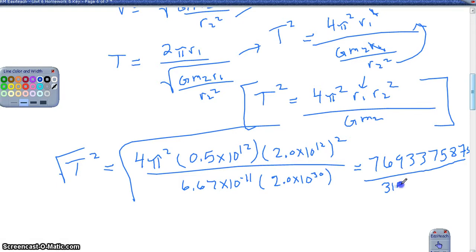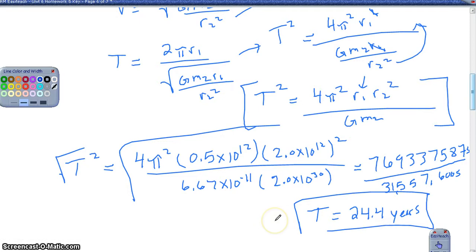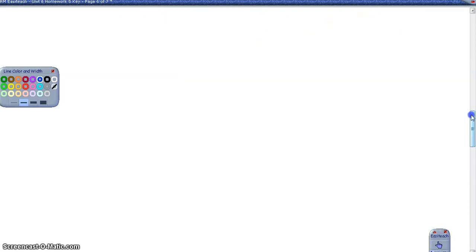But I have 31,557,600 seconds in a year. So when I divide that, I get my period to be about 24.4 years, right? So if I use the heavier mass, the heavier star, I end up getting 24.4 years once I convert that to Earth years. If you choose to use the smaller star to work with instead of the heavier star,